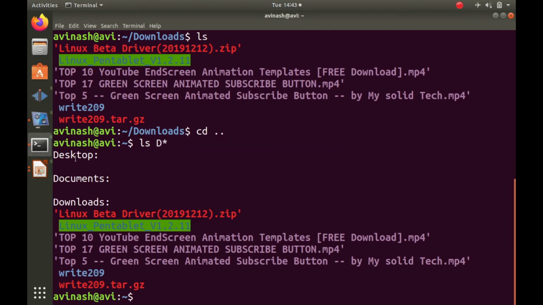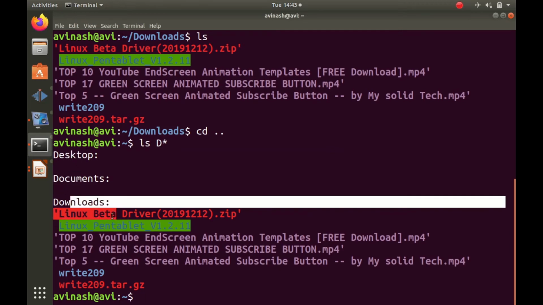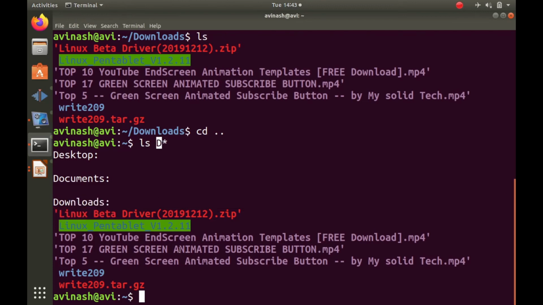So ls d star is displaying all the files starting with the letter D. That means Desktop is a directory, Documents, Downloads. These are the files in the directory. So d star displays the files and directories starting with the letter D. Like this, you can make use of the ls command with different variations.